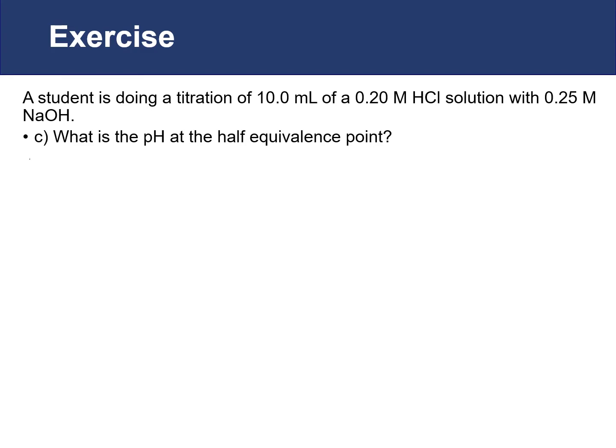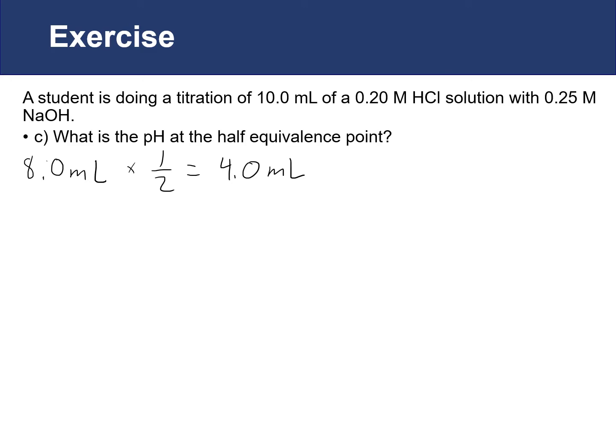So we initially had 8.0 milliliters required to get to the equivalence point. If we take that value times 1/2, that would get us the volume needed to get to the half equivalence point, which would be 4.0 milliliters. Now, whenever we're doing one of these calculations, there are two things to take into account: the neutralization and